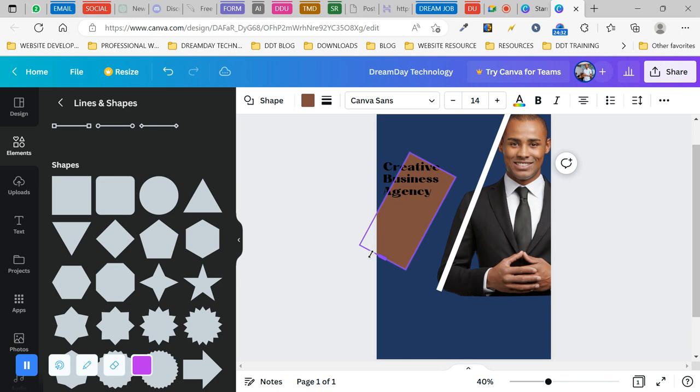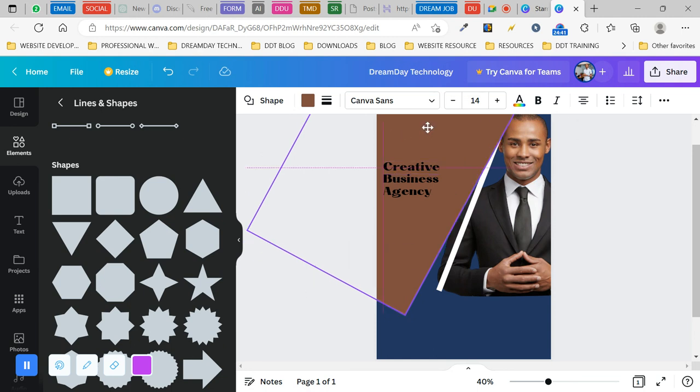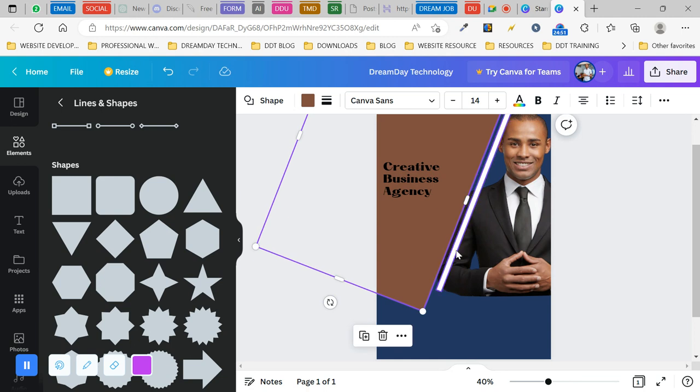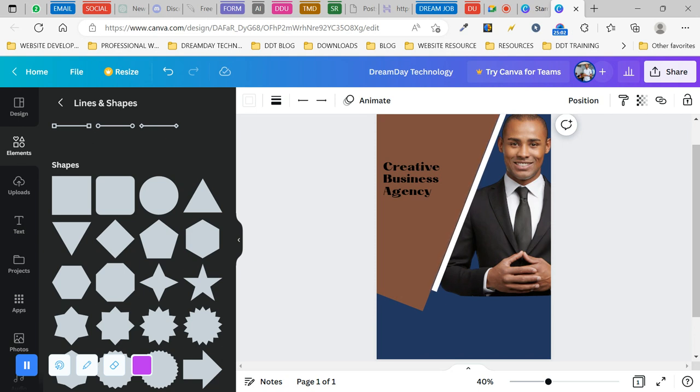So I increase the size and the width. So I move this here to make sure it fits in. So now I can move this closer to